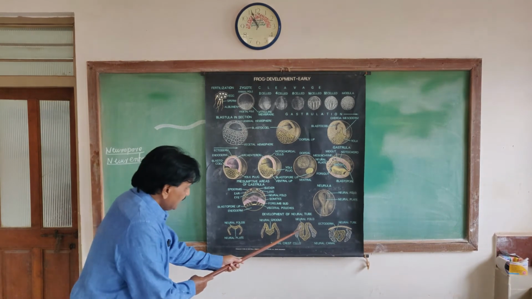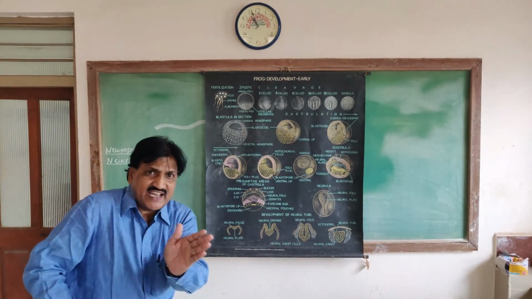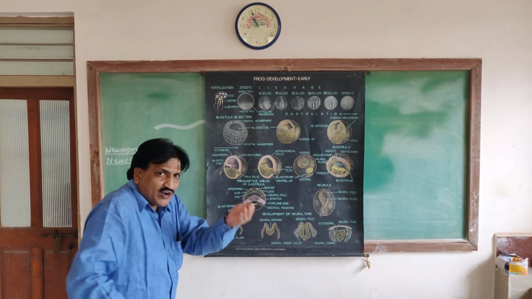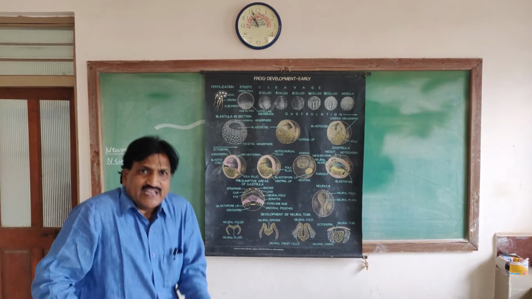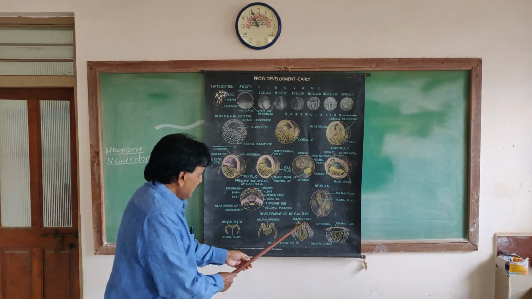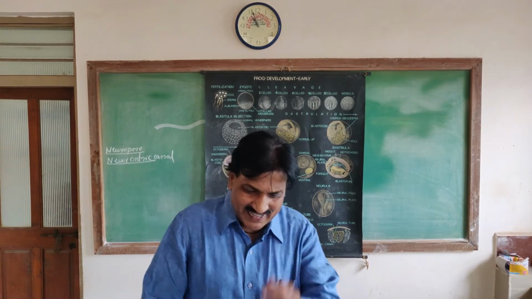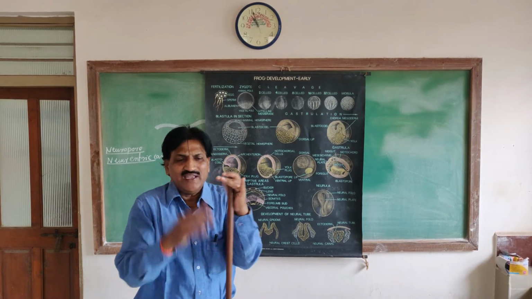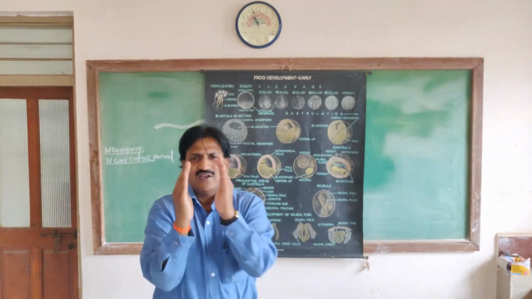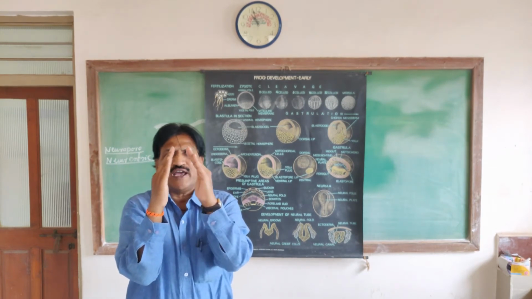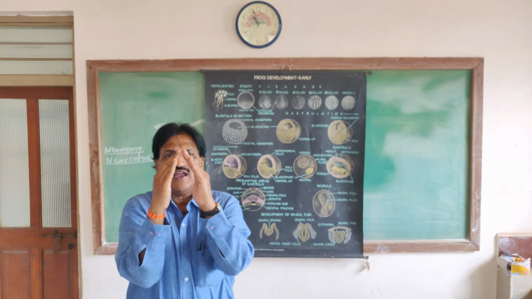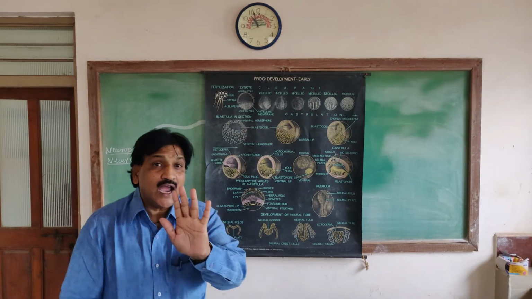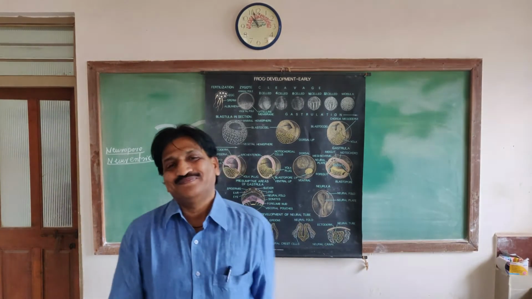Okay, now here, these folds gradually increase in size. Increasing in size means they are growing towards each other. They start from the posterior side and gradually extend to the anterior side. In the case of the frog, there are two folds, on the right side and the left side. The two folds gradually grow towards each other, and we can find a kind of gap, an opening, and that opening is called the neuropore.